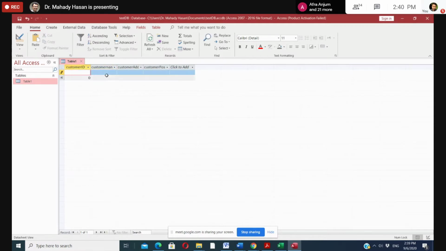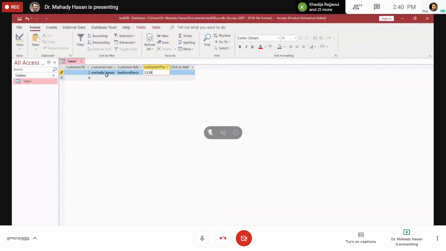ঠিক আছে, আমি এখানে দিলাম প্রথম কাস্টমারের নাম্বার হচ্ছে 1, নাম হচ্ছে মাহাদি হাসান, কাস্টমার অ্যাড্রেস হচ্ছে বসুন্ধরা, পোস্টকোড হচ্ছে 2029। Now see, if I want to enter more, it is basically not allowing me to enter more. Why? Their size দেওয়া আছে. Yes, the size was limited by 4. Customer 2. Now if I want to put customer 1, দেখেন এটা নিয়ে নিল কিন্তু, রাইট?